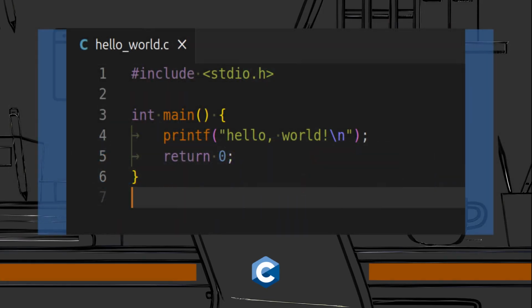Did you know that the famous first program for aspiring coders, Hello World, comes from the C language? It was first introduced as a simple example in the classic book The C Programming Language by Brian Kernighan and Dennis Ritchie. Its purpose was to illustrate the basic syntax for outputting text. Thanks to the immense popularity of this book, the simple Hello World started a global tradition.